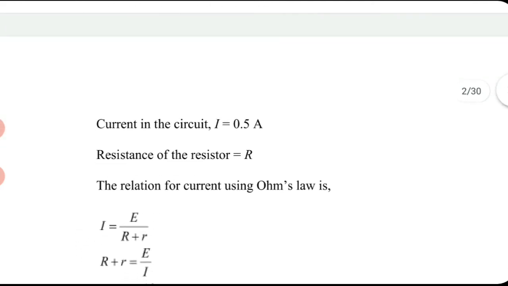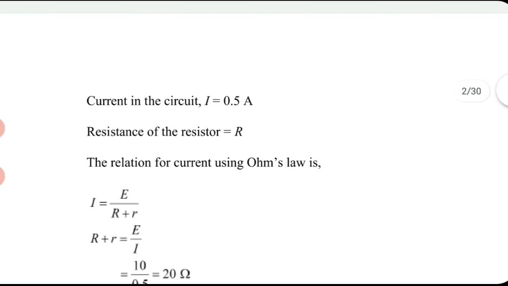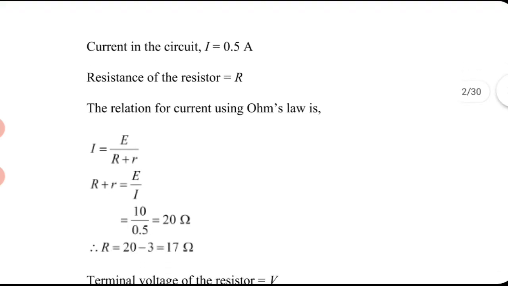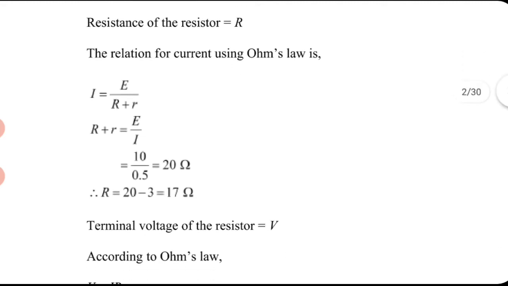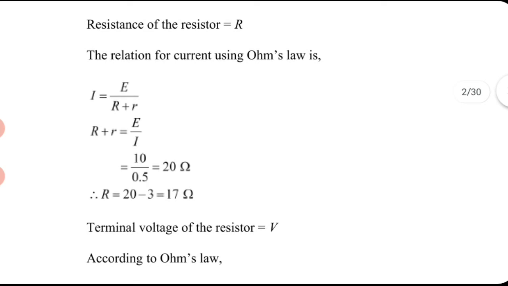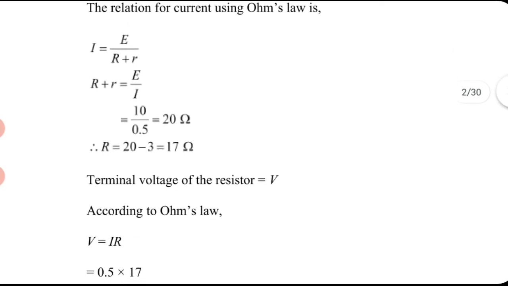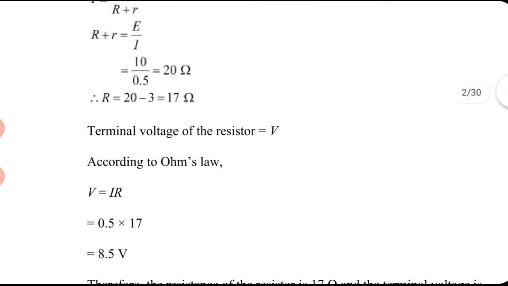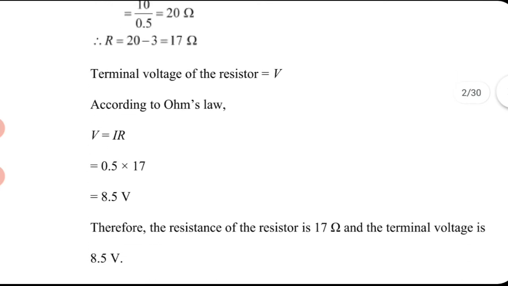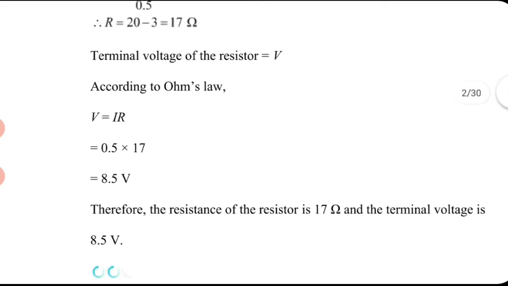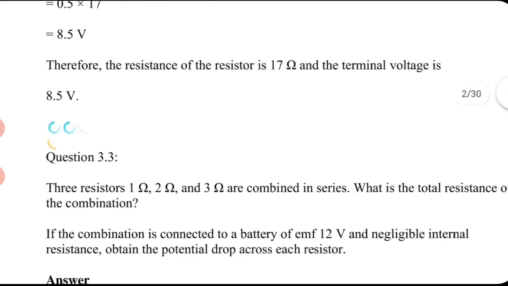Current in the circuit is 0.5 ampere. You're asked to find that resistance. So you have to use this equation, I is equal to epsilon by R plus r. Rearranging, you will get 17 ohm. So external resistance is 17 ohm, and using Ohm's law, that potential difference is the same as I into R. Current is given, now we got R, so you will get the potential difference to be 8.5 volt. So these are direct questions.